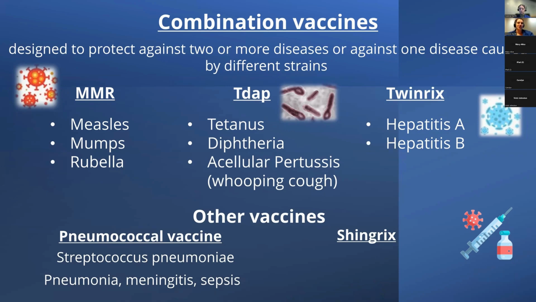And the next one is Shingrix. And so Shingrix protects against shingles. Chickenpox and shingles are related because they're both caused by the same virus. They're caused by the varicella zoster virus. And so if a person has had chickenpox in their lifetime, the virus stays dormant in the body. So it just stays inactive, it's not causing any symptoms after you've recuperated, but it stays in your body and it can reactivate years later and cause shingles. So this one is also recommended for those 50 and over.